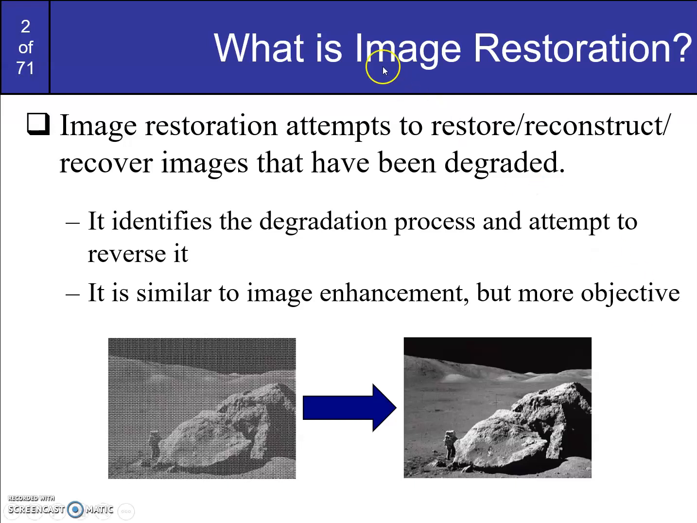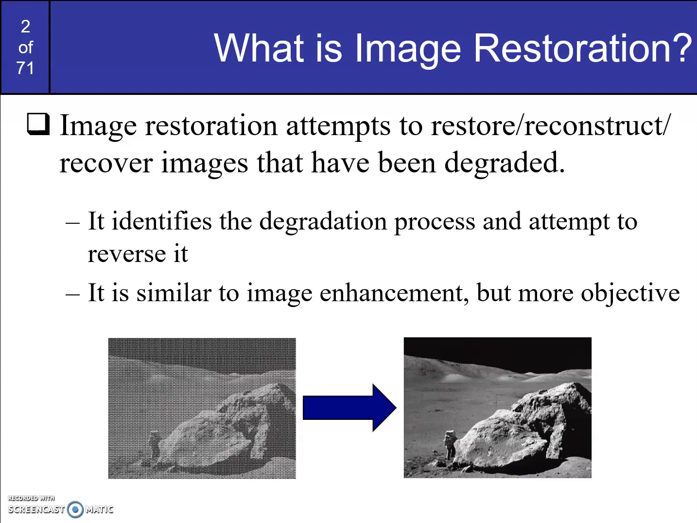Right. So if you read the definition over here, image restoration attempts to restore or reconstruct or recover images that have been degraded. So it identifies the degradation process and then attempts to reverse it. So remember the analogy again. I said, as you know how the house was built, if you see that okay this was something, so you kind of make it closer to the original one. Similarly, if you know that hey, this is the thing which has degraded it, then identifying that degradation, I'll just